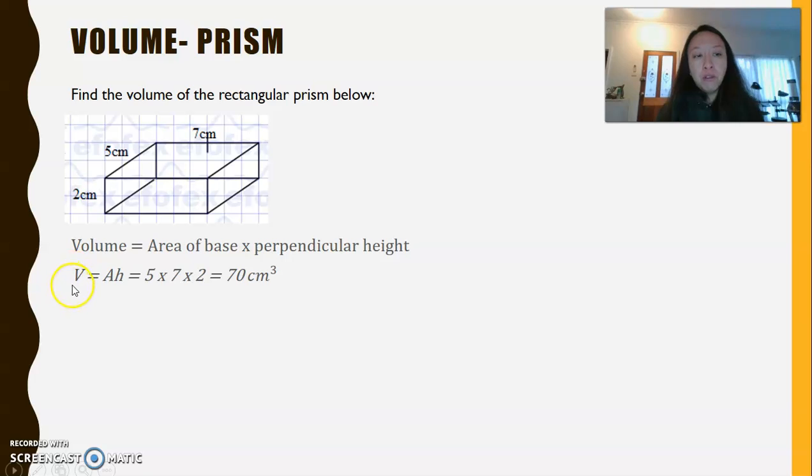Capital V stands for volume, A stands for the area of the base, and H stands for the perpendicular height. So all you have to do is times 5 by 7, so that's the area of the base, and times by 2, you will get the volume of a rectangular prism. Of course, the unit is centimeter cube, because that's for volume. Previously, we have calculated the total surface area, and just a reminder that for that, the unit is